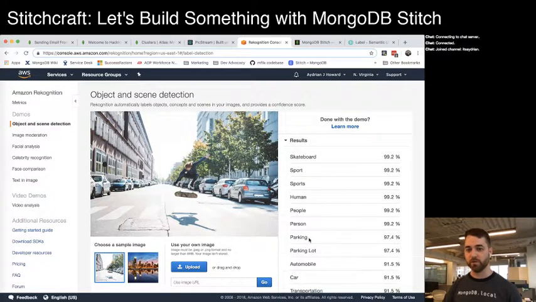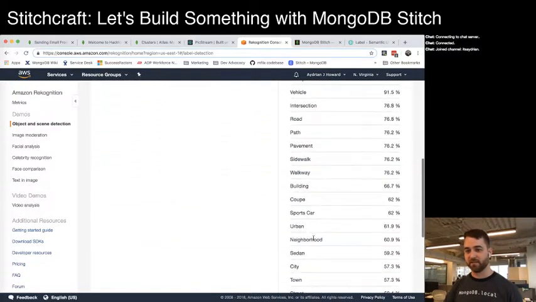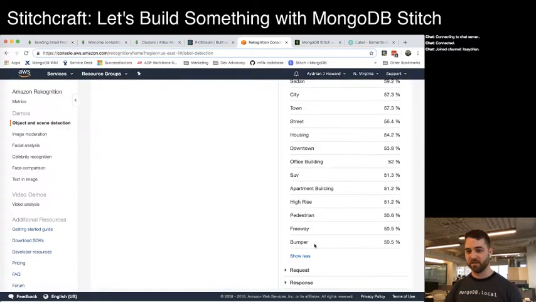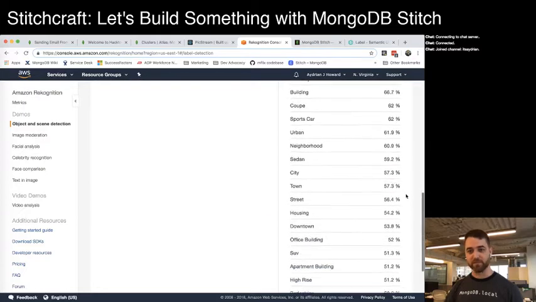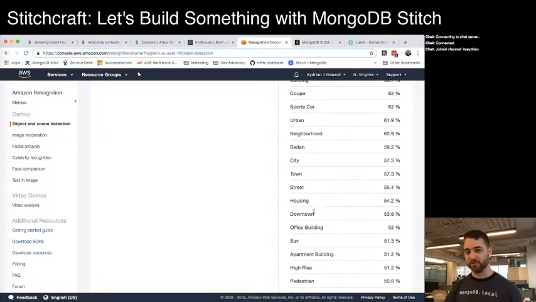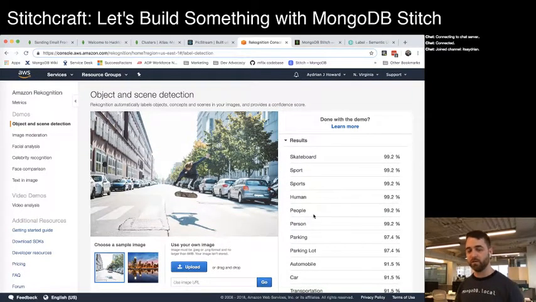So if we show more, you can see as we get down to the bottom, a bumper. There might be a bumper. Yep, there's definitely some bumpers. Street, housing, downtown. So what we're going to do is whenever we upload a photo to S3, we're going to,